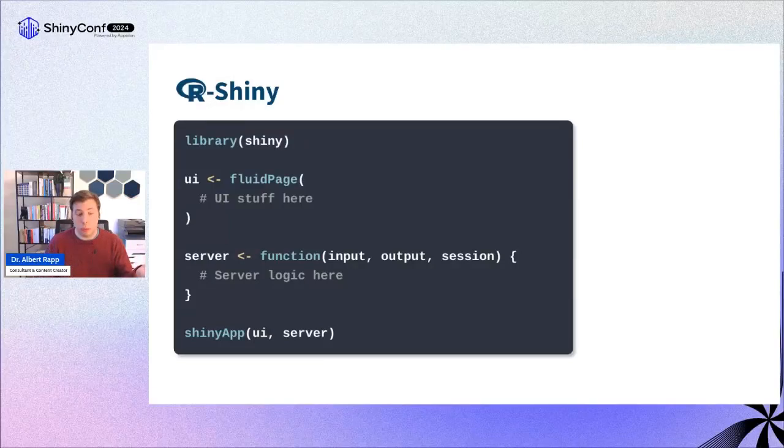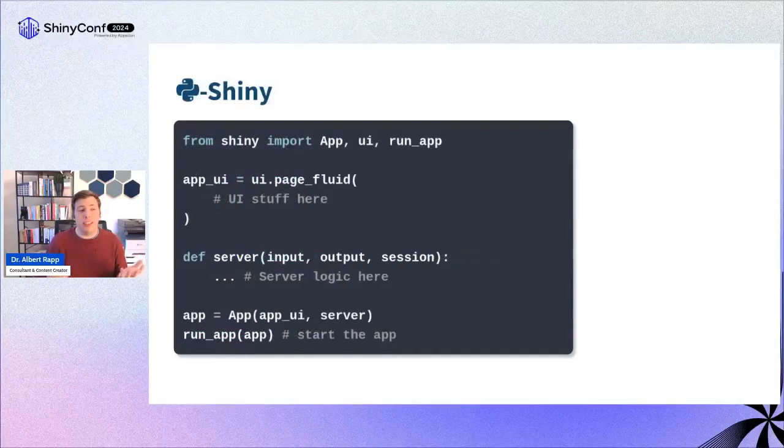And if you want to use PyShiny, then you will realize that really it is mostly the same. At the beginning, you have to import all the stuff that you want to use. You just have to get used to the Python thing where you do from this module import the functions that you want to use. And then you just define the app via a page fluid again. And for a server, you define a function, which you do in Python with this def operator. And then the app is really nothing but the UI and the server put together again. So the idea fundamentally is the same, which was already a nice place to start with.